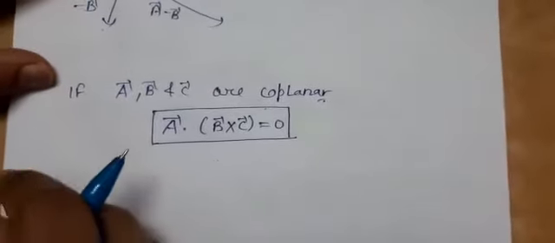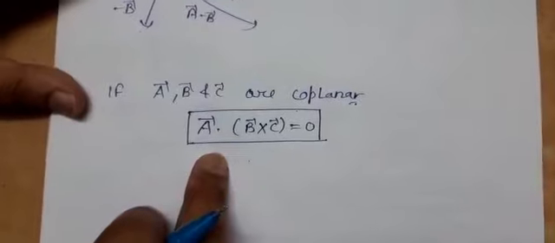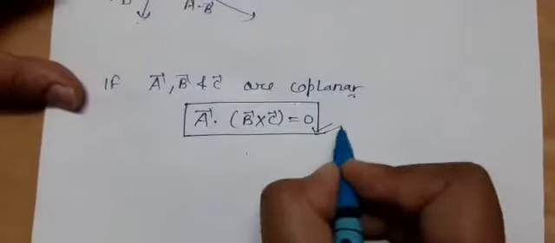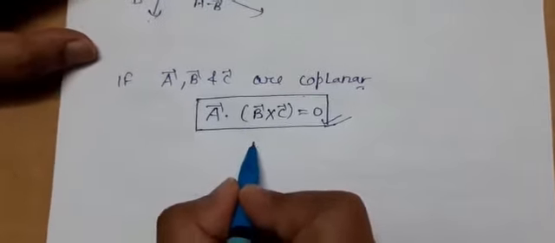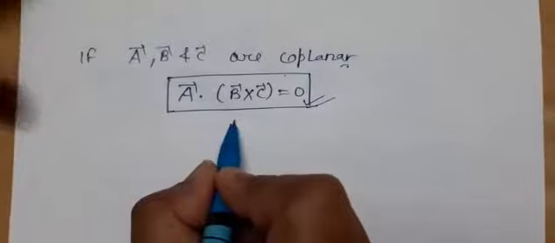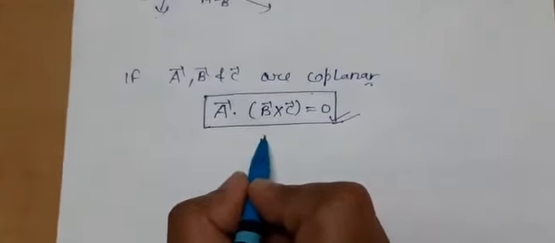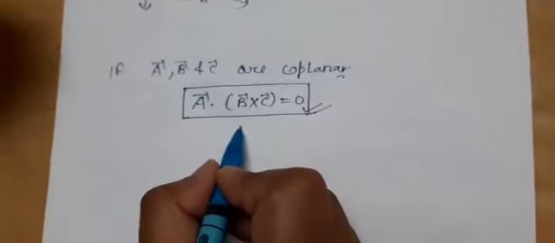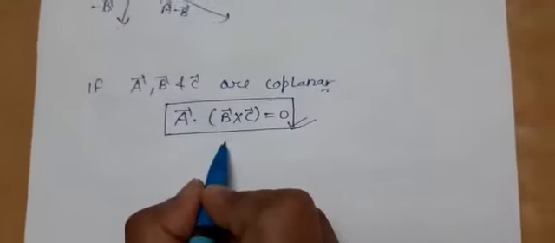Many a time one or two questions can be based on these results. If any condition is given to prove that the vectors are coplanar, then you can reduce it to this. Or if the vectors are coplanar and you have to find some unknown value, then also you can use this result. So these are some basic results which we have already introduced in the concept of vector product. Now, on the basis of these formulas and results, let me do a few numericals.